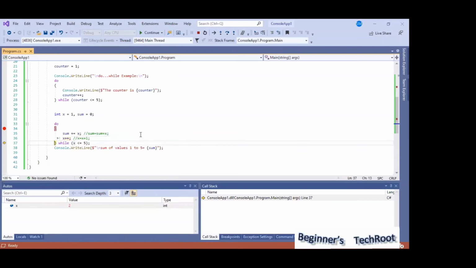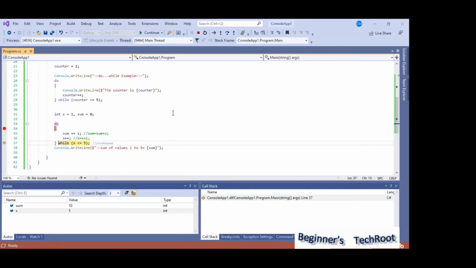Now X is incremented, it goes up again, and sum becomes 3 because the previous value was 1, and 1 plus 2 is 3. Like that, as it loops, it increases the sum and the increment value. Now X is 5. X less than or equal to 5 is satisfied, so again it will go.